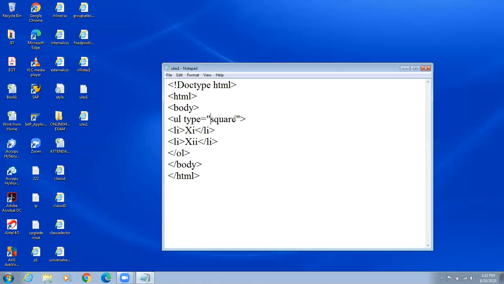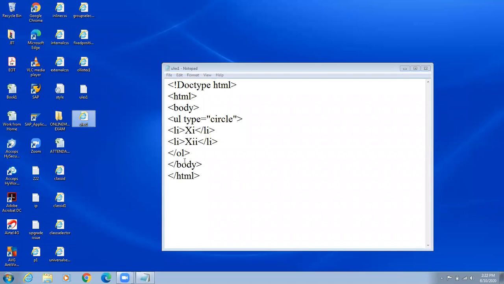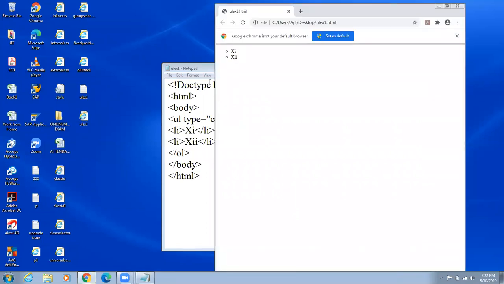Change type to circle, save. You can see on screen it is circle like that.